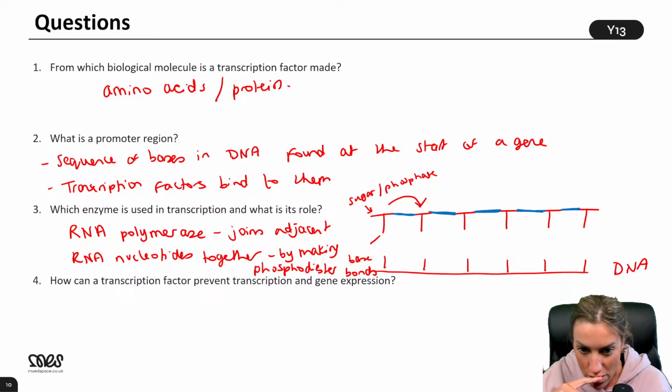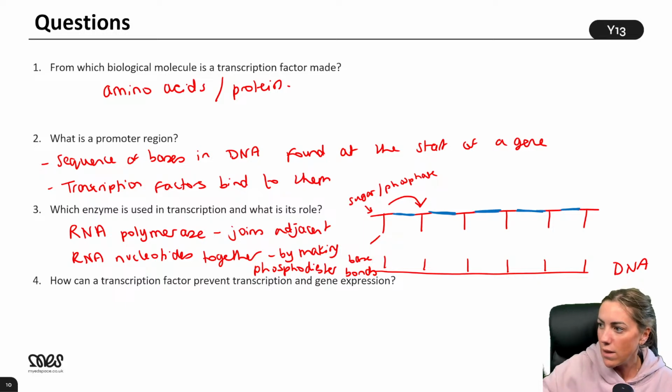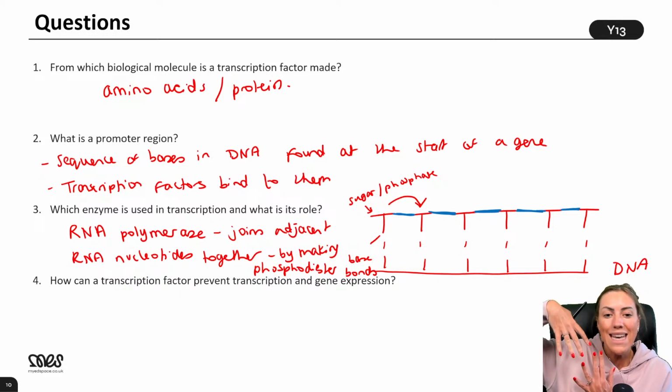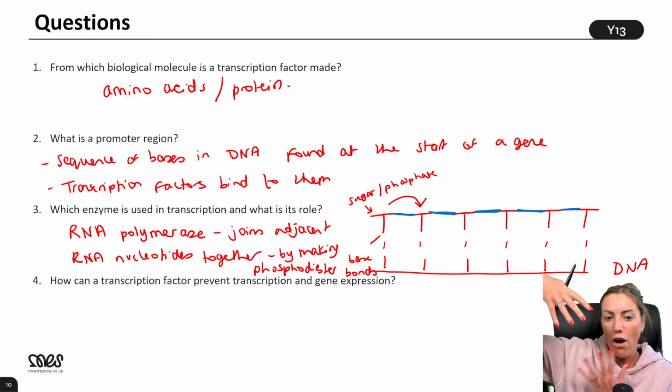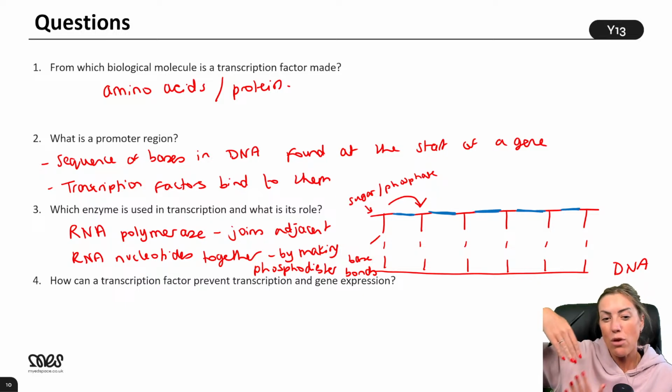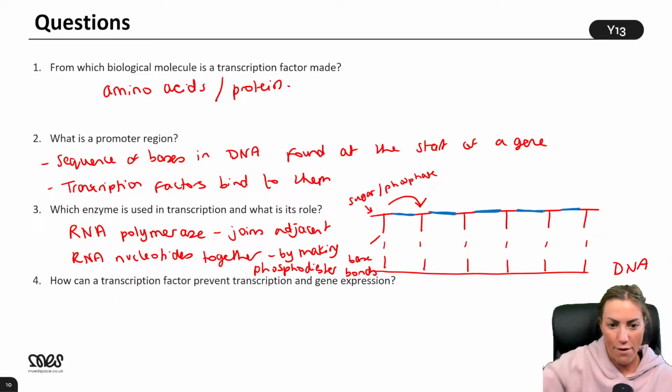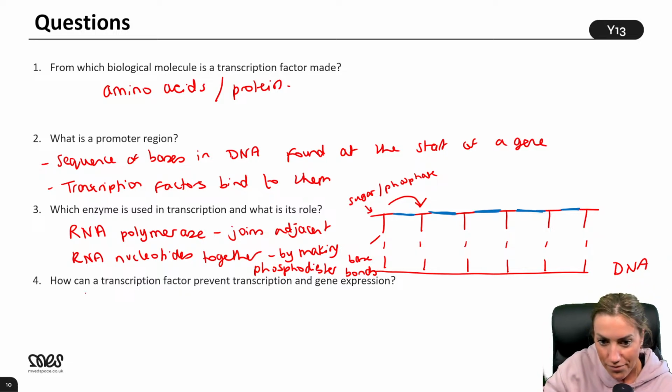Question, are hydrogen bonds not formed between the RNA bases and the DNA? Yes, they are, Saya. You will have some weak hydrogen bonds temporarily between those complementary base pairs. Yeah, so you'll have some weak hydrogen bonds forming between the complementary base pairs on the RNA and the DNA. But then the enzyme RNA polymerase is joining the RNA nucleotides together. And those hydrogen bonds are only weak, so they will break and the mRNA will move out of the nucleus.